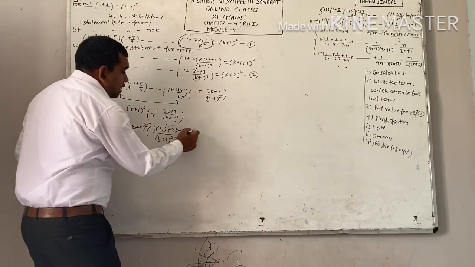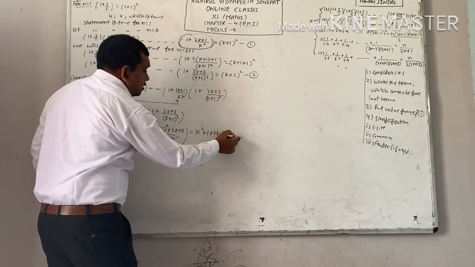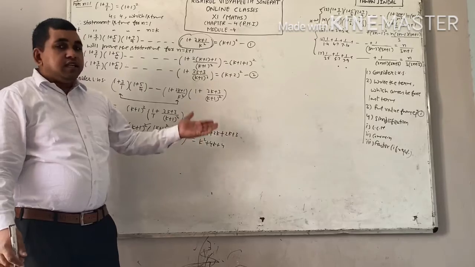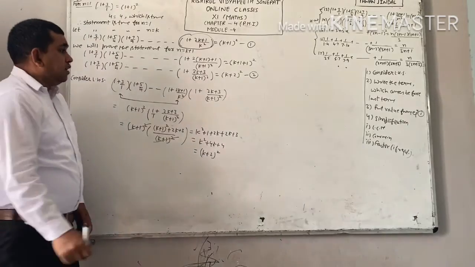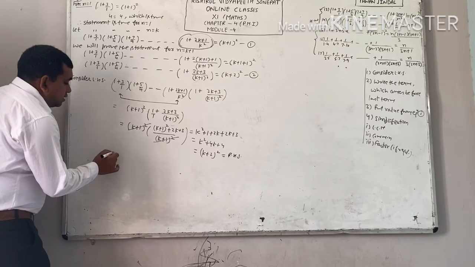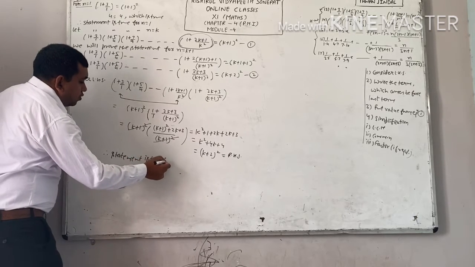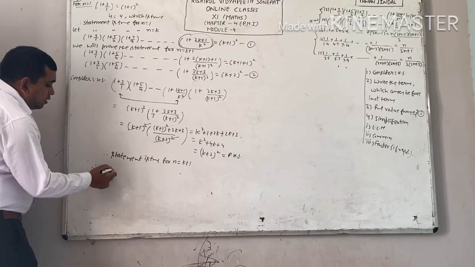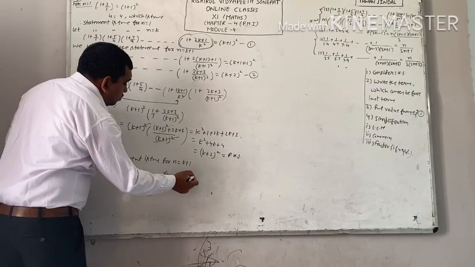Open whole square, you will get k square plus 1 plus 2k. This term as it is. This is your k square plus 4k plus 4. Now this is your quadratic and you can easily make the factors of quadratic. Factors will be k plus 2 whole square. Right? This is equal to right hand side. Therefore you can say statement is true for n equal to k plus 1. And last line, therefore by PMI statement is true for all n belongs to natural number.